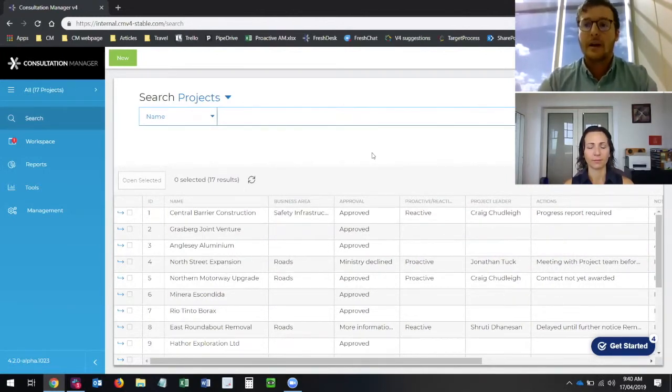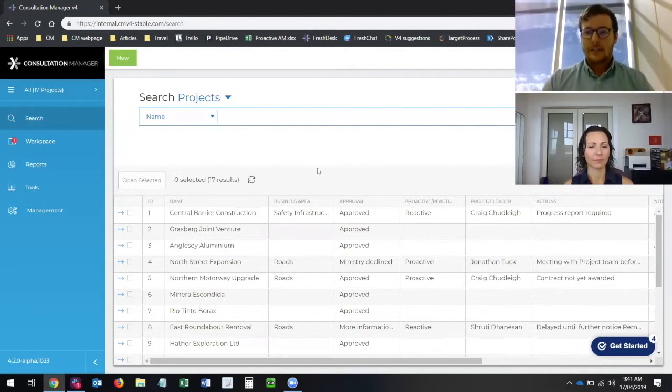So with the new system, CM4, the flexibility means that you can really use it for whatever you need it to be. In this case that I'm showing here, this example, the system can be used as sort of a project management tool. So from this, and this came from a particular client saying, this is what we want. And in that meeting, I managed to set this up in about 5 minutes, which was great. So from this screen here,